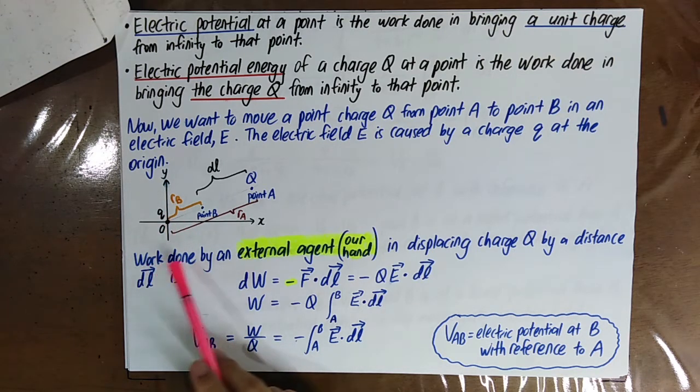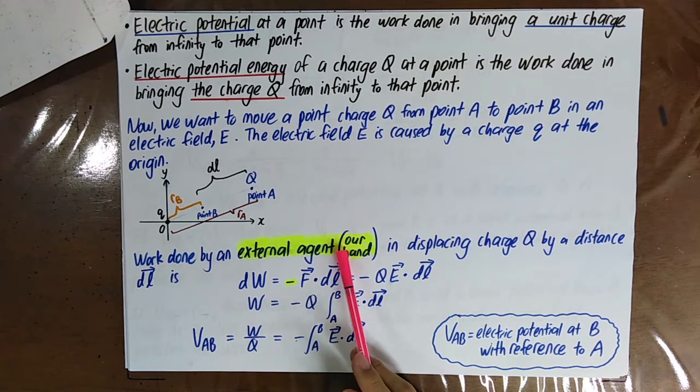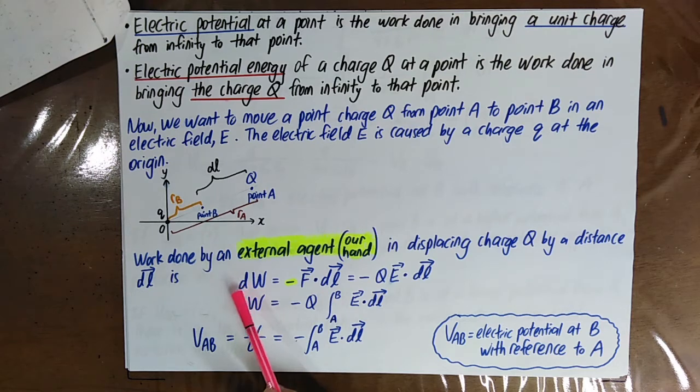The work done by an external agent in displacing the charge Q by a distance dl is dW equal to negative F dot dl. Remember, when I want to find the work done by the external agent, there will be a negative sign here. If it is the work done by the electric field, the negative sign disappears. Now F equal to QE, and then you integrate it to find the work done. And then we define